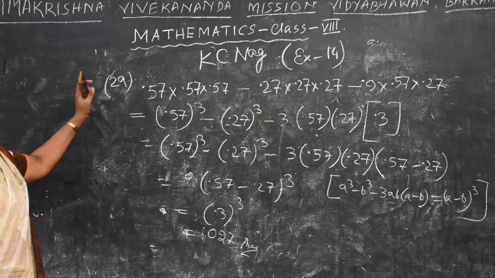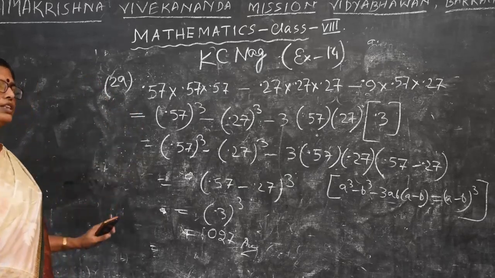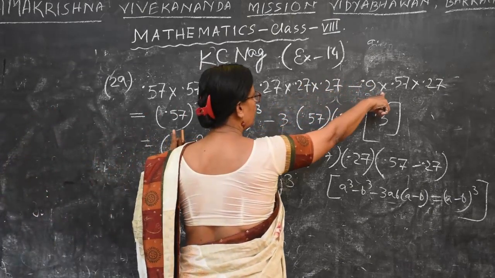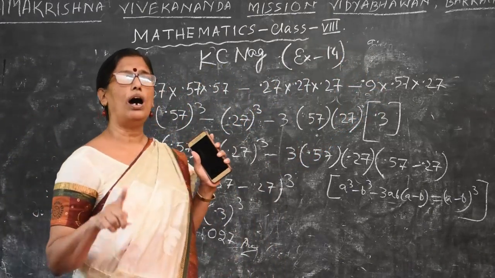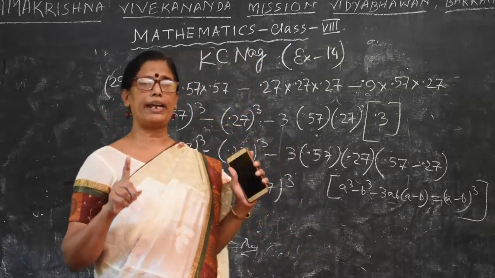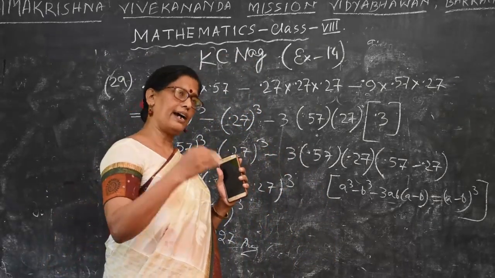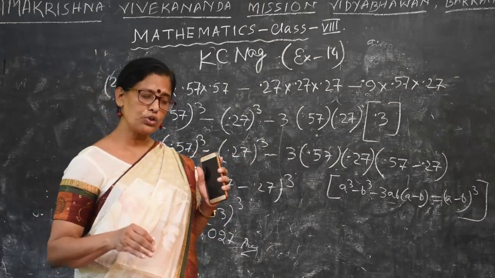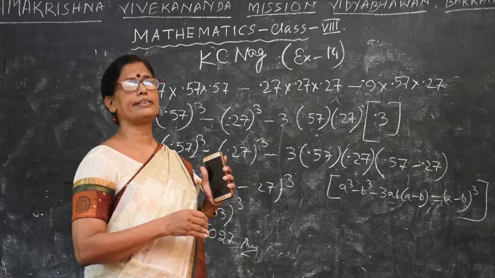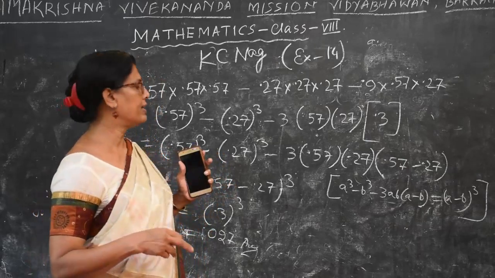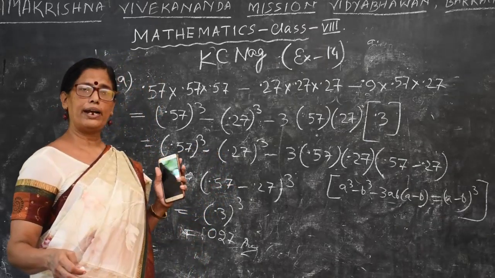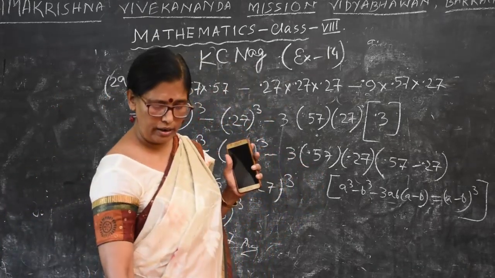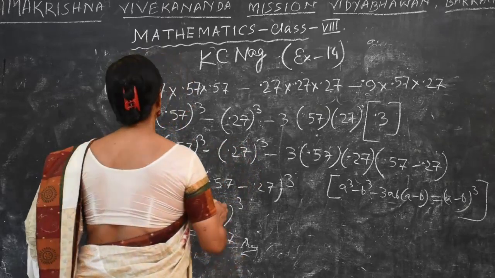If it is not matched with 29, you write the extra and do this one. This is one way to adjust the last one as the formula. So in all the algebraic problems, we adjust the given terms with our known formula. So we can process the sum as either A plus B whole cube or A minus B whole cube, and we can proceed with the sum like this. Okay, the next one we go.